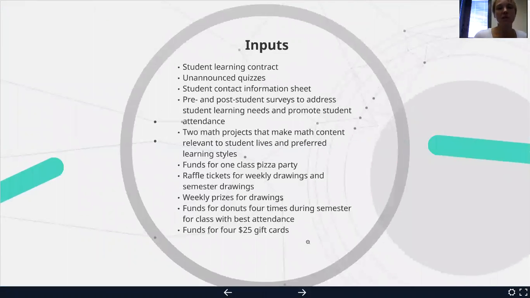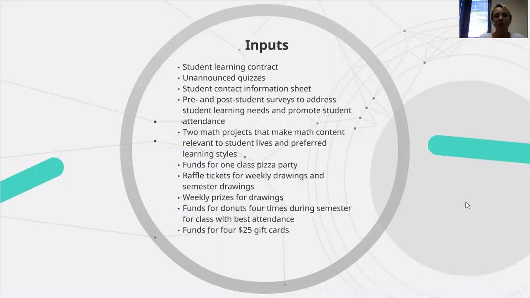So these are some inputs that I would like to put into this plan in order to help attendance. I talk about a student learning contract, unannounced quizzes, having a student contact information sheet, pre and post surveys completed by the students, assigning 2 math projects, funds for a class pizza party, raffle tickets for weekly drawings and semester drawings, and weekly prizes for drawings,